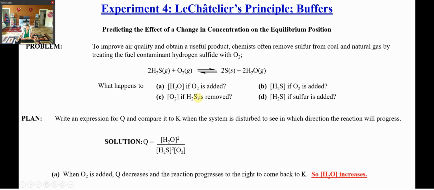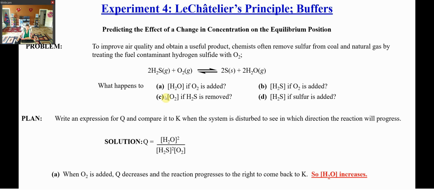What's going to happen if you add oxygen? What's going to happen to water? Second one, if you add oxygen, what's going to happen with hydrogen sulfide? If you remove hydrogen sulfide, what's going to happen with oxygen? And if sulfur solid is added, what's going to happen with your gas? So here I want to mention one thing. Whenever you have a solid, it is not going to affect the equilibrium shift, or at least the effect will be